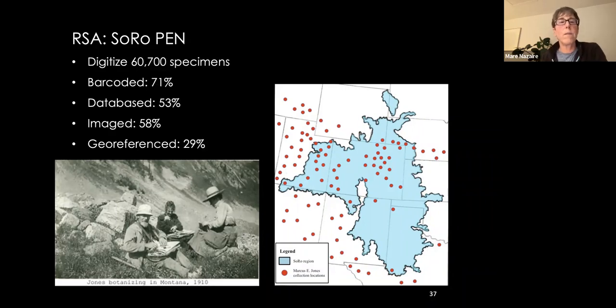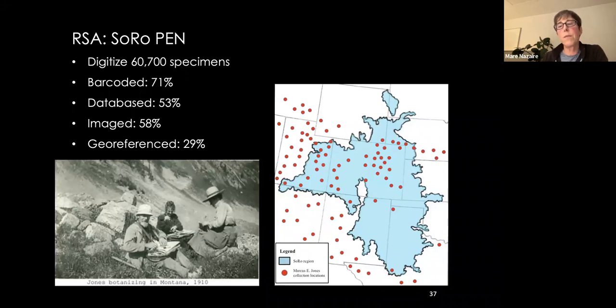So far, we're close to getting all of the barcoding done. We've databased and imaged about half of those specimens, and we're about a third of the way there with our georeferencing. It's been a little bit of a challenge for us because